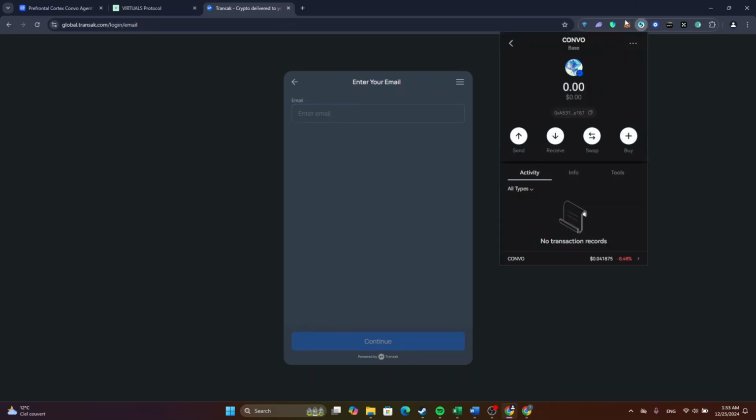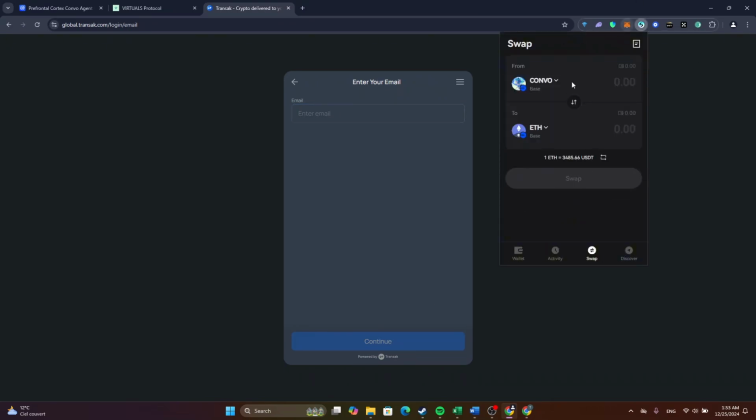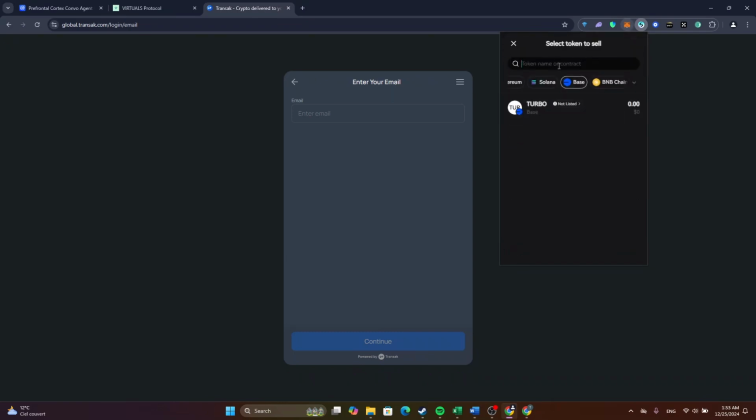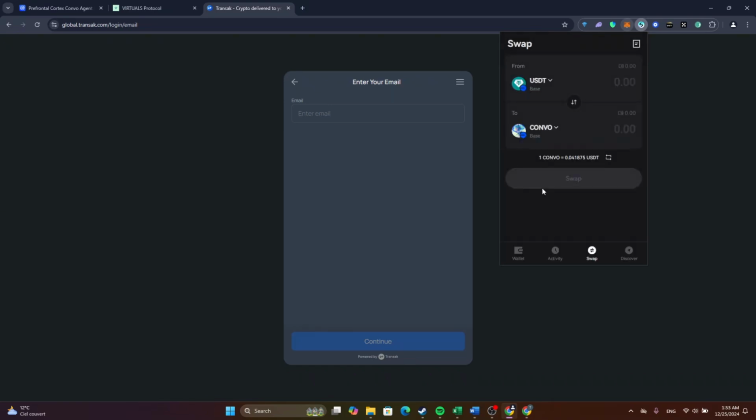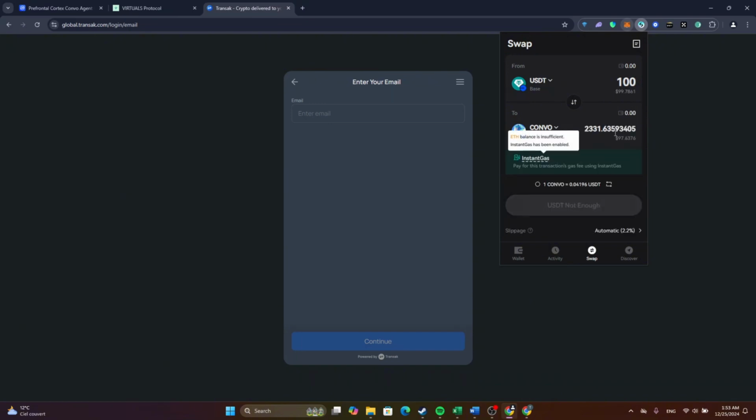Now after you fill your USDT, just go back to Bitget wallet and now click on swap, and after that just click on this swap, and after that select the USDT that you bought. So after you select it, for example this, now enter how much USDT you bought, and this is how much you will receive and convert. So after that, you can now complete the buy process. So this is how to buy